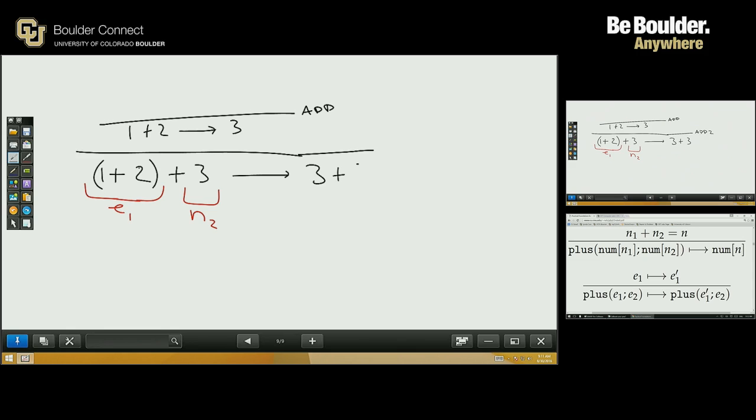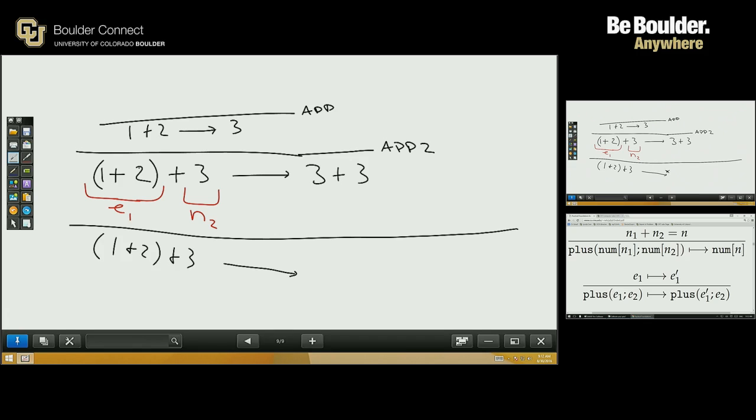Now if I'm trying to prove this whole thing eventually goes to 6, this would have to be some part of some larger derivation. In the larger derivation, I'm taking multiple steps, right? I'm not done running the program because I still have to add these 3's together. So I need to take yet another step. Eventually I want to show this goes to 6, but I'm running out of space, but there has to be another derivation here